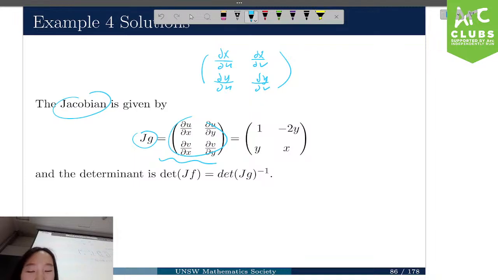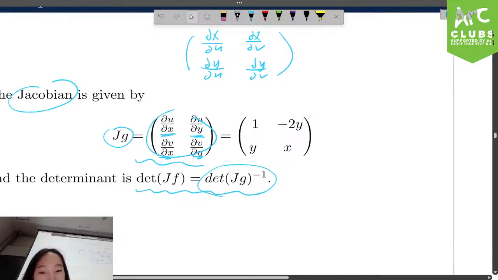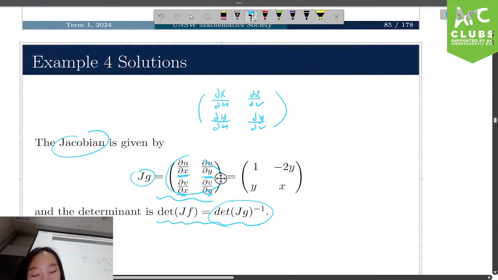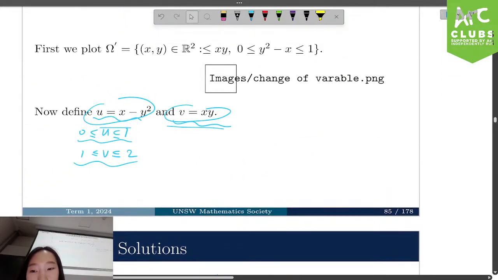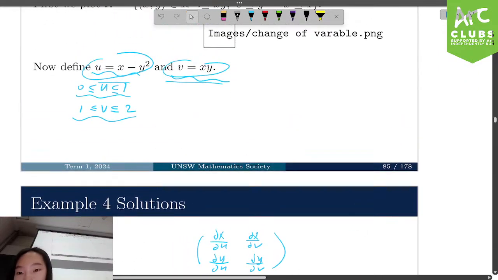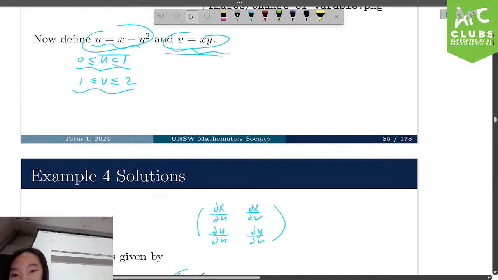Let's take the partial derivative of u with respect to x. And then finally, for the determinant, we just take the inverse because we have the inverse functions here. Okay, so we get the Jacobian matrix for G in this way. Why is that? Because we can have here